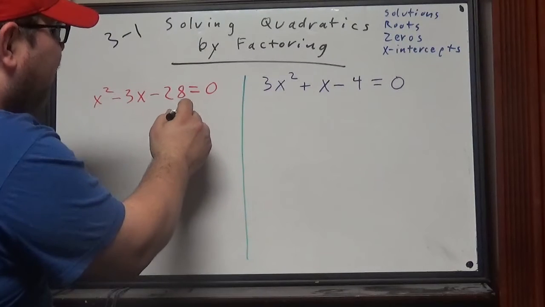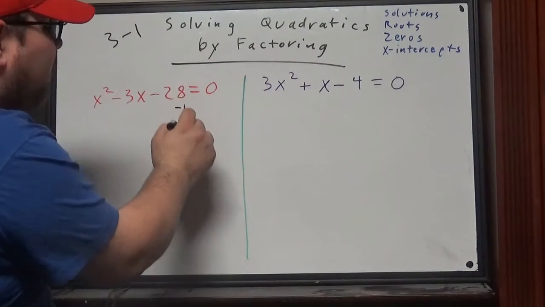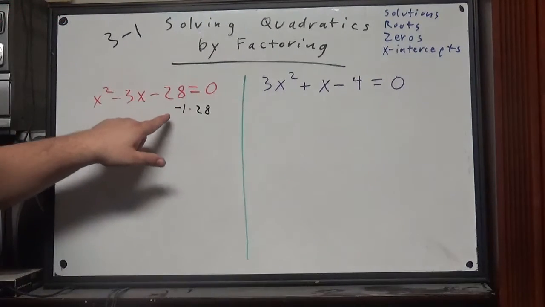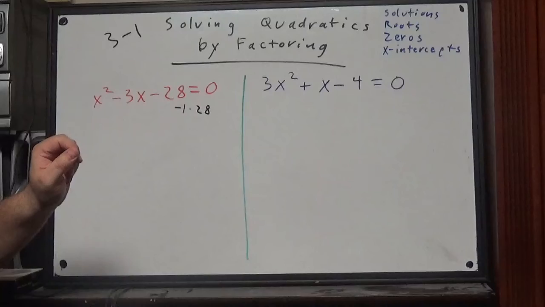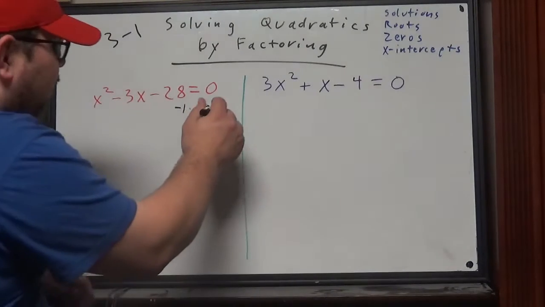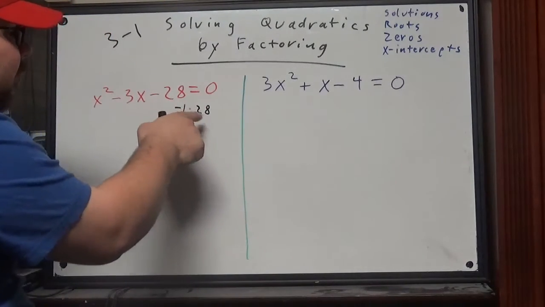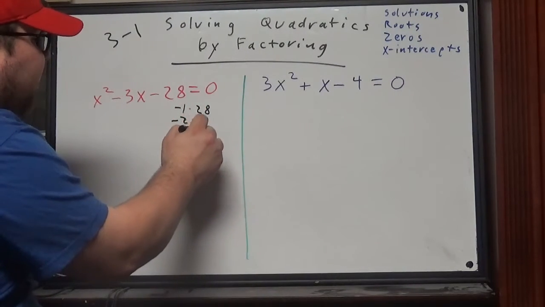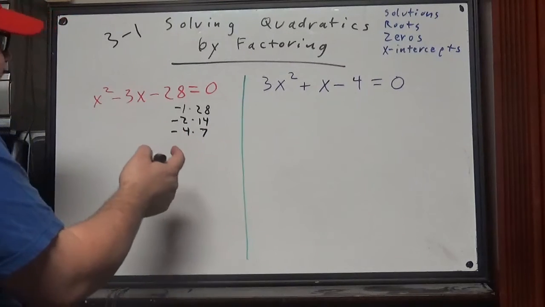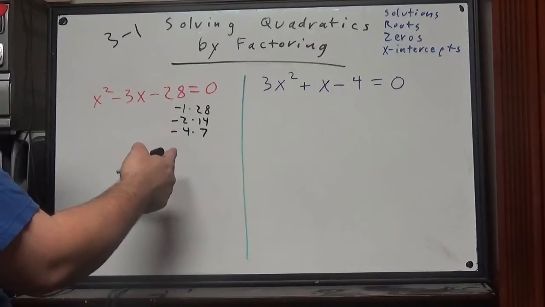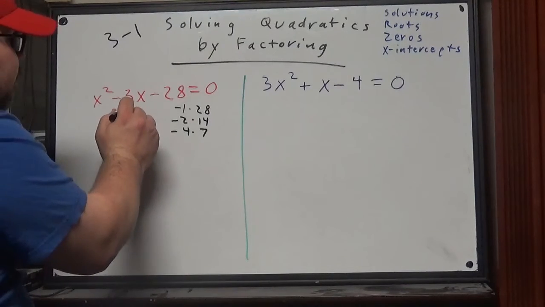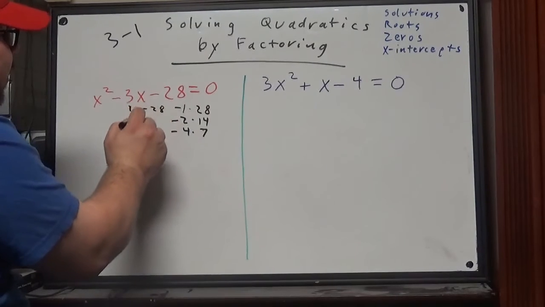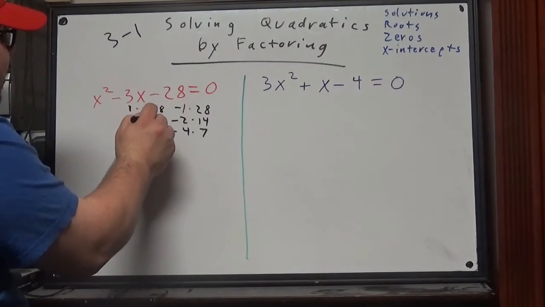So I'm going to list my factors of negative 28. Remember that when we do a negative, we're going to have one negative and one positive, and it could be either one. So I've got negative 1 and positive 28, negative 2 and 14, negative 4 and 7, and I guess that's it. So now I'm going to turn it around and do 1 and negative 28, 2 and negative 14, and